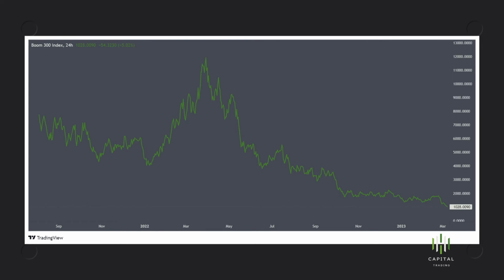you need to know the higher time frame, or what the overall trend is. Boom 300 has been bearish, or it's been going down, so our trend is confirmed. We are going short on Boom 300, right? So it's always ideal to look for sell setups on Boom 300, because on the longer term